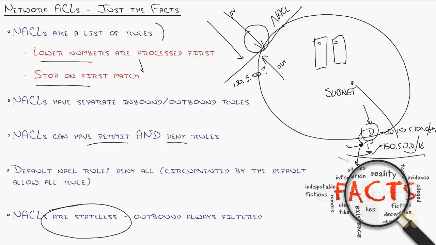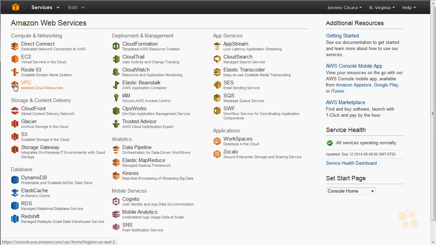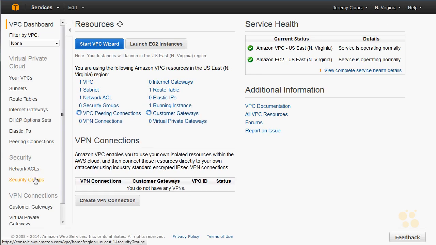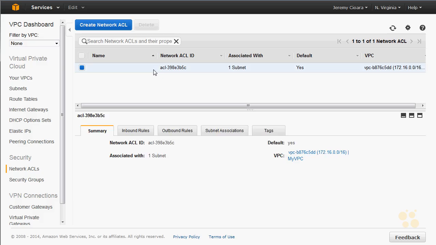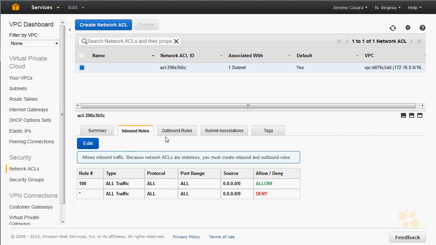You go, well, I haven't allowed anything and they deny by default, so why is everything not just denied by default? Well, Amazon knew we would all ask that question, so they said, because we know not everybody needs NACLs, we're just going to put a default NACL on every single subnet, and the inbound and outbound rules will both have Rule 100 to start off, which you can modify, which allows everything from everywhere. So essentially, by allowing everything from everywhere, NACLs aren't even in the picture